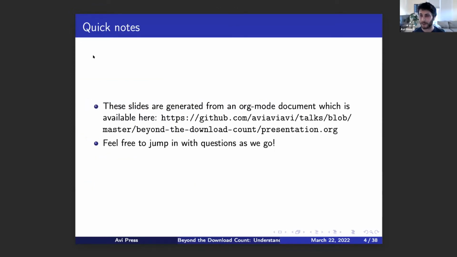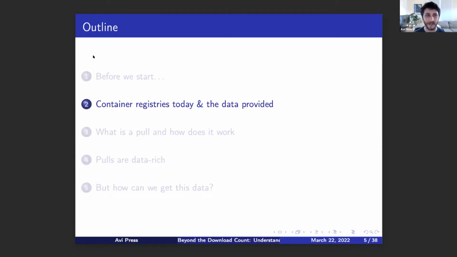These slides, while they look very minimal, that's because they are generated from an org mode document, which is available on GitHub, as well as these slides. So feel free to click through the link and read through the source if that's your preferred way to consume this. And I guess we got a particularly small group here right now, so definitely feel free to jump in with questions as we go. All right, so